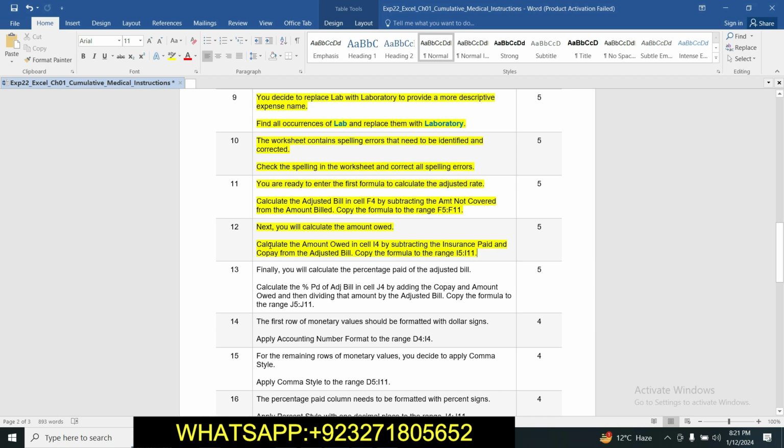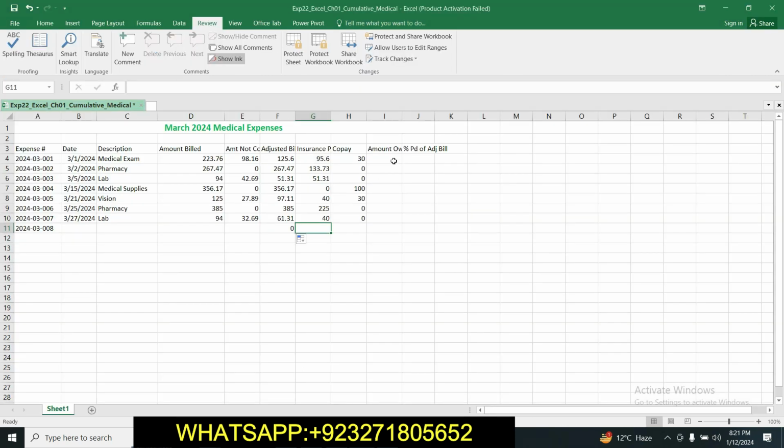Basically in this step we will have to calculate the amount owed in cell I4 by subtracting the insurance spent and copay from the adjusted bill. To find the amount owed, we will have to subtract both amounts, insurance spent and copay, from the adjusted bill. Then we will copy the formula from I5 to I11. So firstly move to the Excel workbook and in cell I4